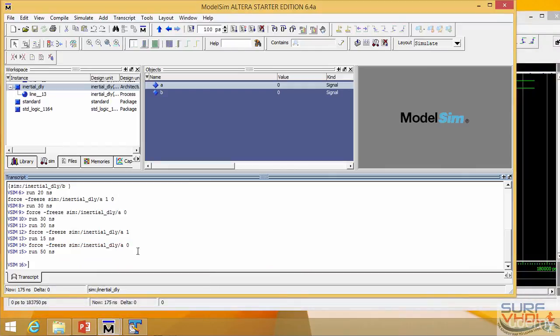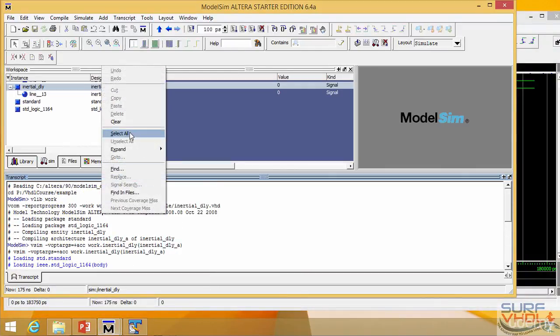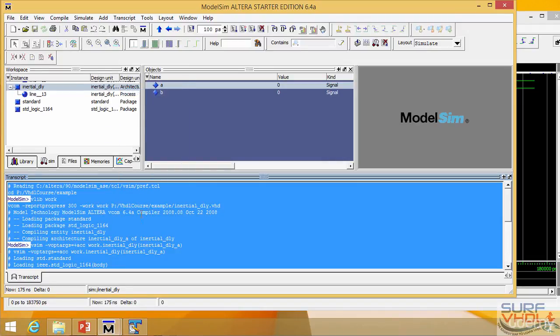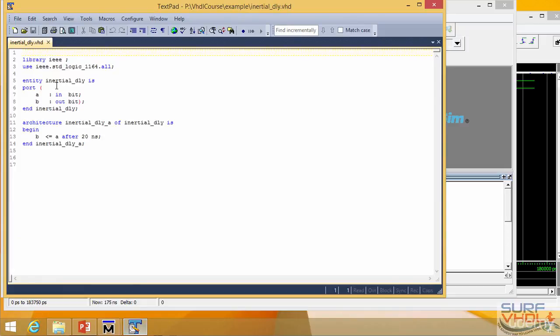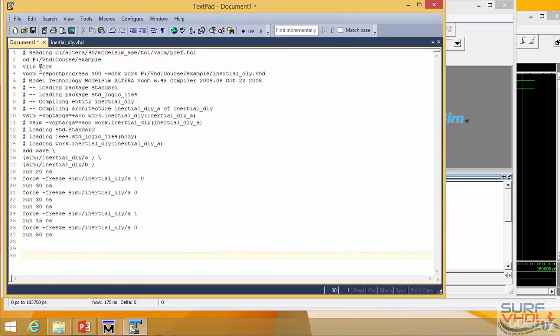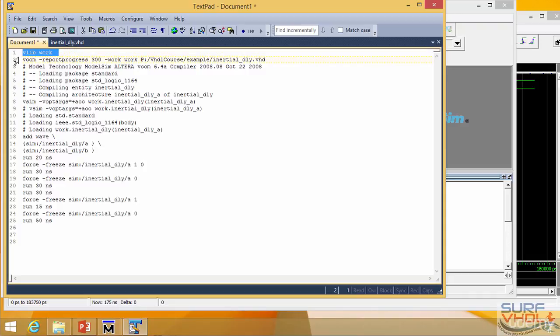Let's see now how to create a script. So we have to go to the Modelsim transcript and select all. Now copy the transcript and create a new document and paste. You can remove all the comments. In this case, you can remove the creation of the work library,